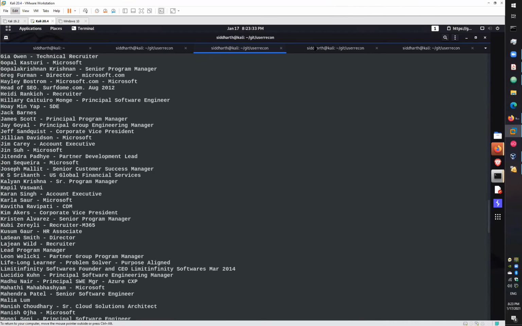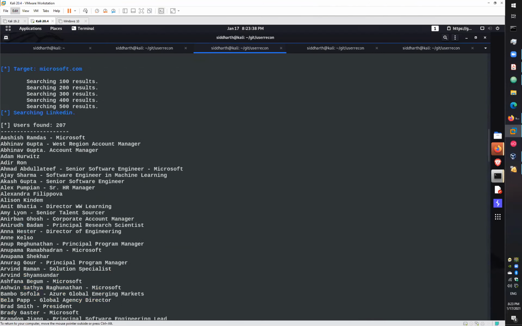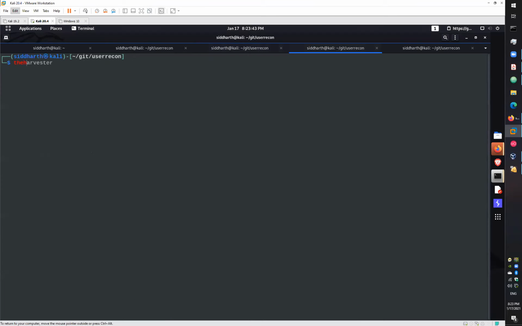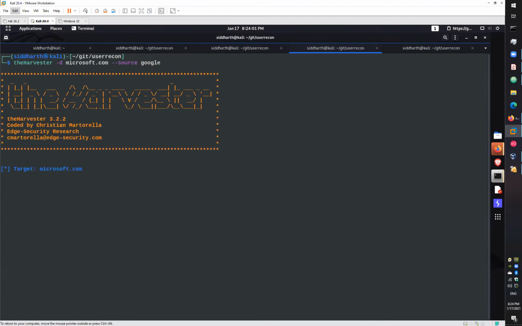If you're looking for email addresses, you can use the same tool, theHarvester. Now the point is I'm changing the source only. Let's go for Microsoft.com again, with --source and let's go for Google. I'm changing my source from LinkedIn to Google.